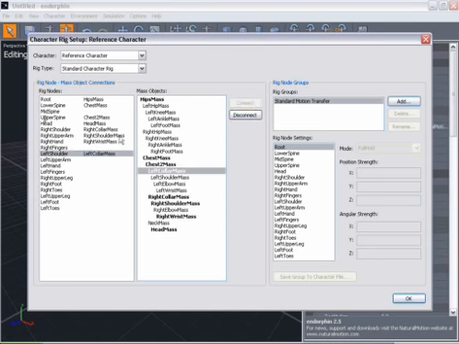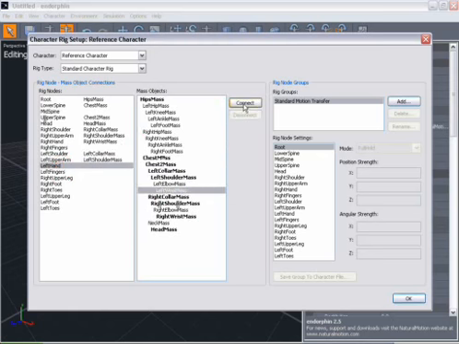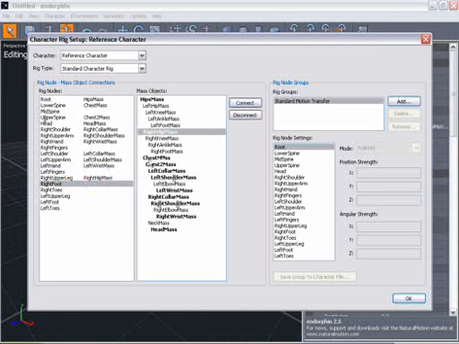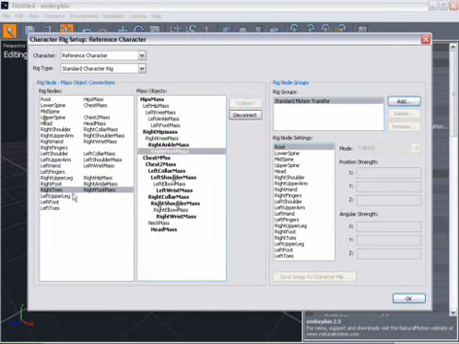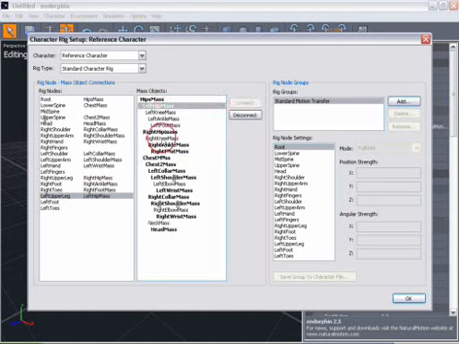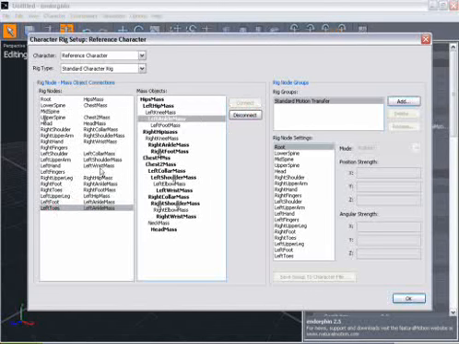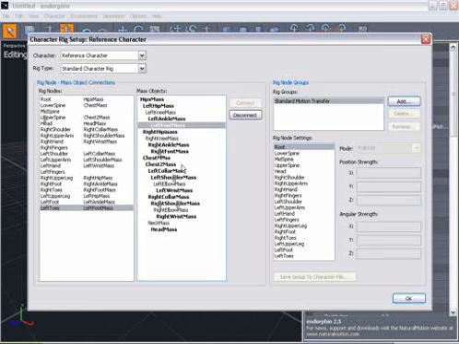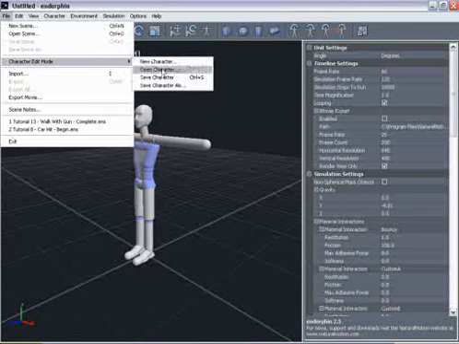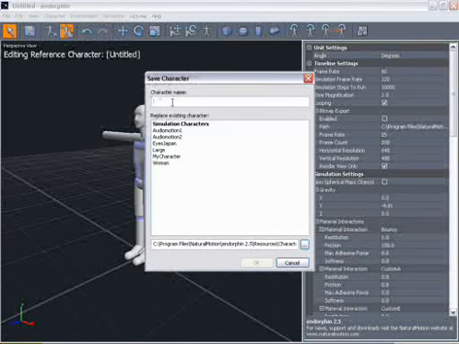I want to copy over onto the other side. Hand, wrist, and now for the leg, the upper leg is going to be hip, foot is ankle, toe is foot, and then again on the other side. So now once we've got all those associated, we can now click OK to confirm our selection, and then go back to character editor mode, save character, and simply name it my